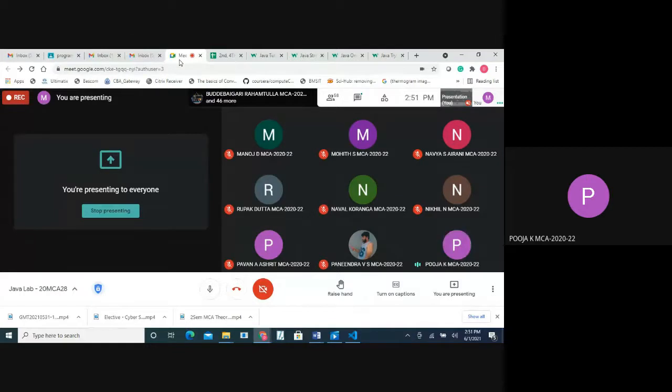Purnima. Raman. Rashmi. Rupak. Sai Kumar.